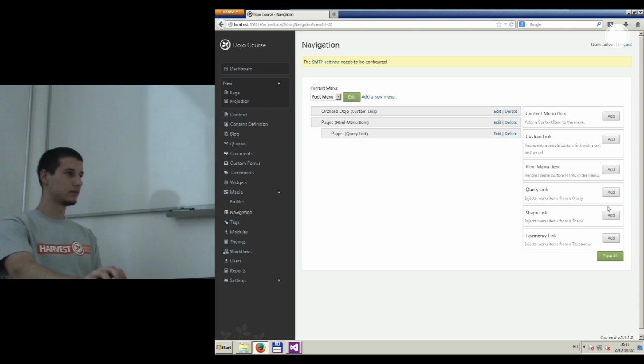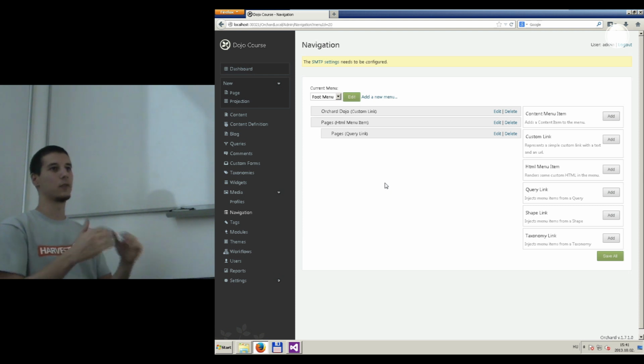Custom link. Okay, what I wanted to achieve is not to have an actual link, but only HTML, but it doesn't work. So if you have a custom link that has a text with pages, and you put your query link underneath this new item, you're going to have a nice structure. So you won't have all the items coming from this query displayed on the first level, but on the second level. So it's going to be a nice drop down